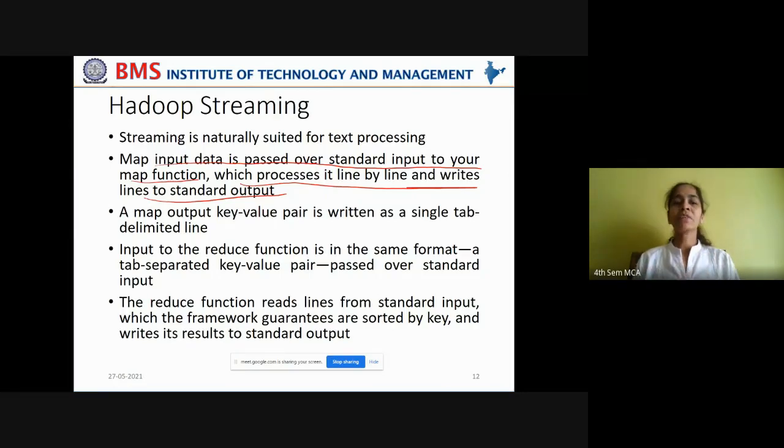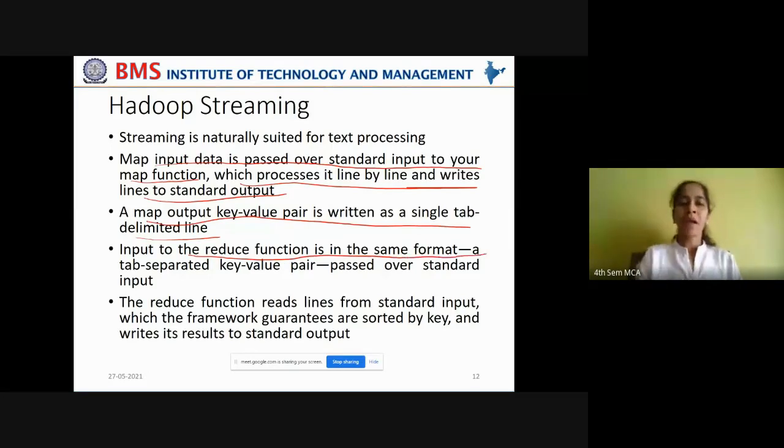So what is this streaming doing? Hadoop streaming acts as an intermediate channel between the map and the reduce phase, which makes it compatible enough to work with any type of language that is used to write these map and reduce tasks. Output key value pair is written as a single delimited line.